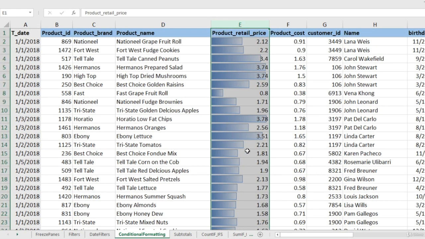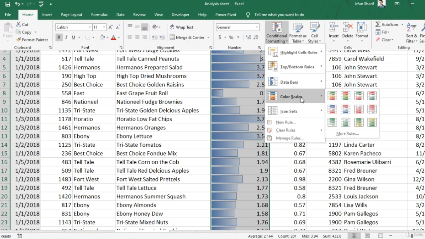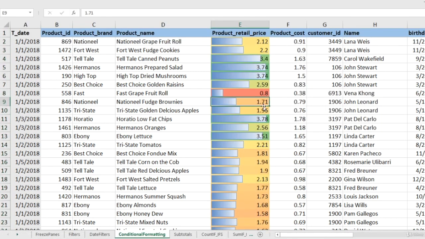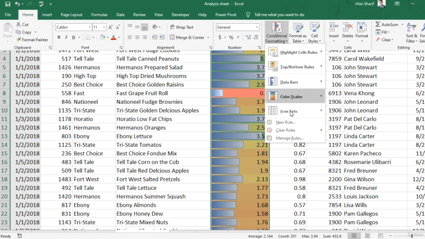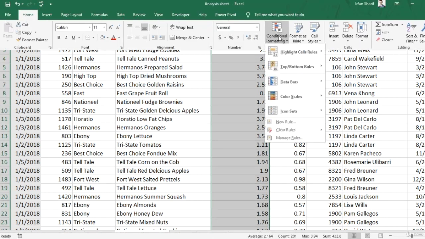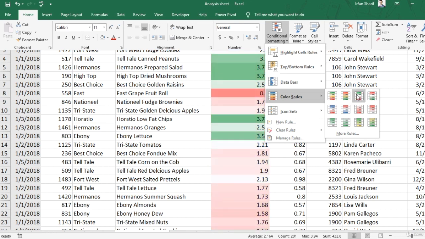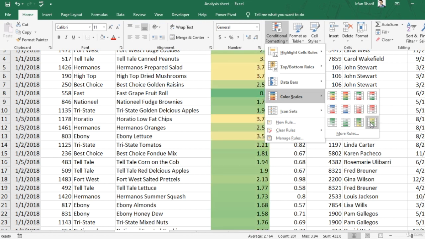So I will just change this conditional formatting for now. I will go back, and other than data bars, you can apply color scales. That is very beautiful. I should first remove this one, otherwise this looks strange. So I will first clear the rules, and now I will go back and apply the second one that I was talking about. I will say apply color scales, maybe this one or this one or this one, whichever you like. There are so many options available,